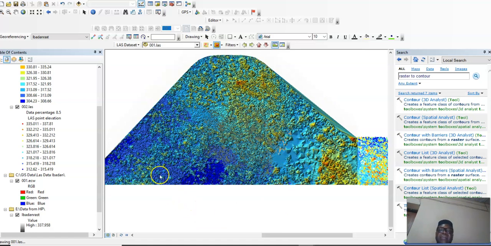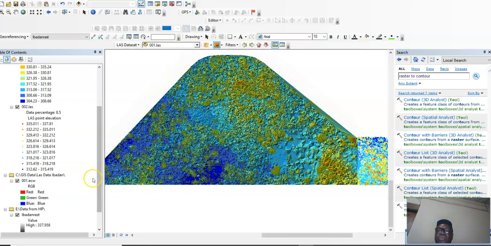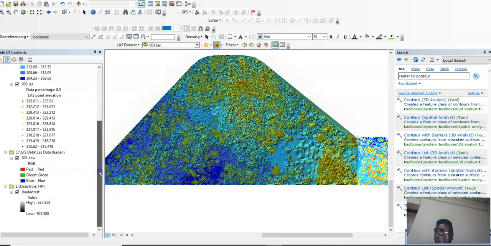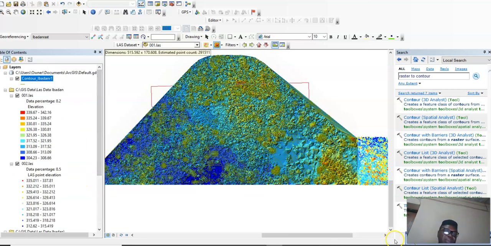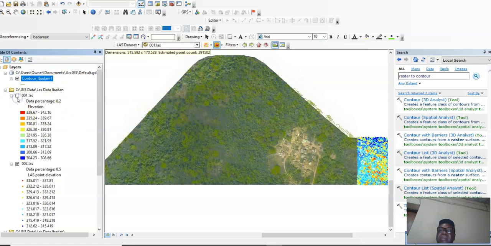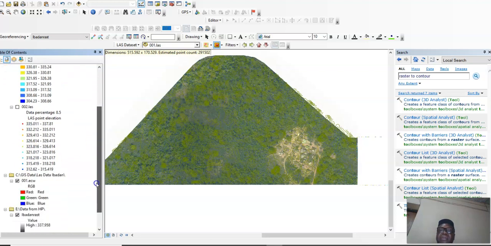And that's how you can convert LiDAR data to elevation models. Our contour is still working. This is our contour. See the contour now.